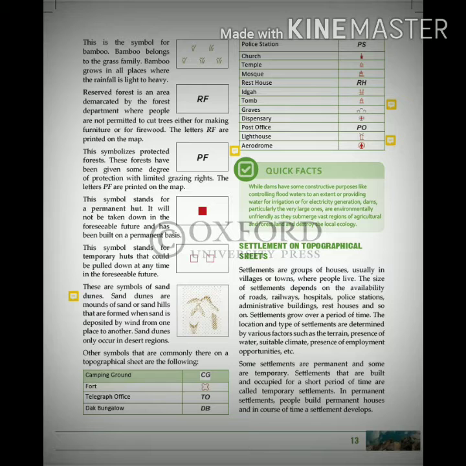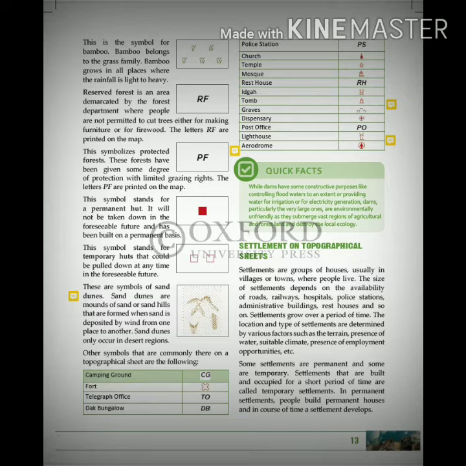Settlements grow over a period of time. The location and the type of settlement are determined by various factors such as terrain. Terrain means a stretch of land, presence of water, suitable climate, presence of employment opportunity, etc.